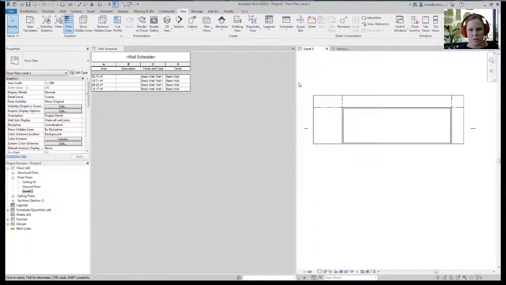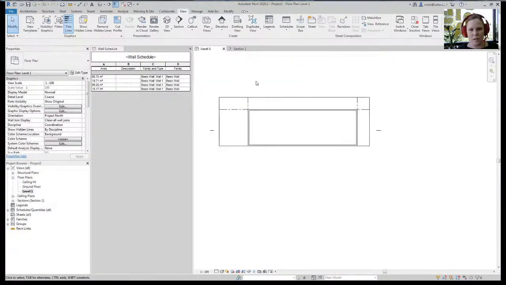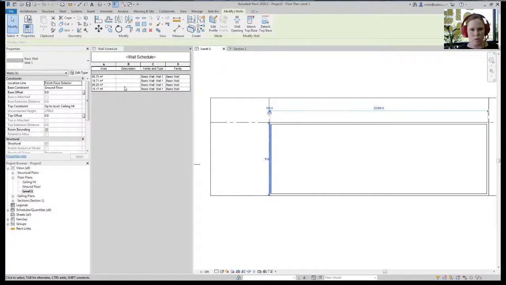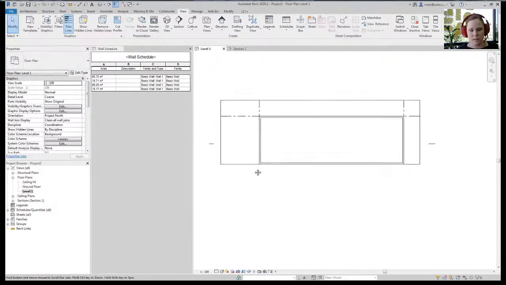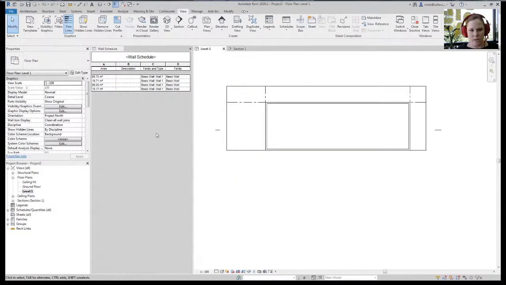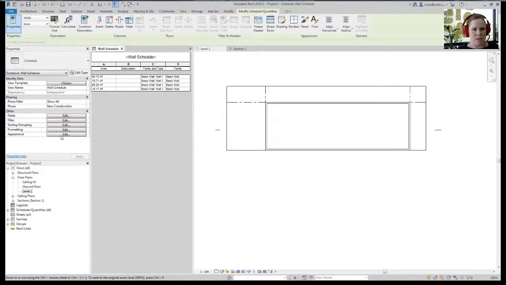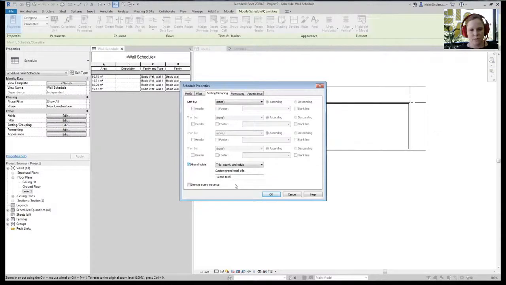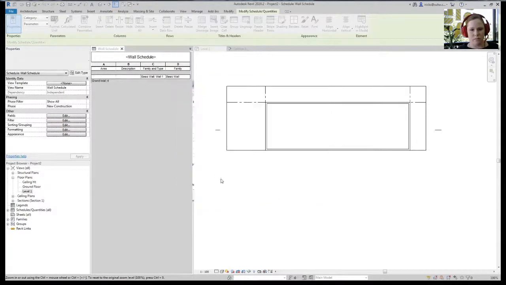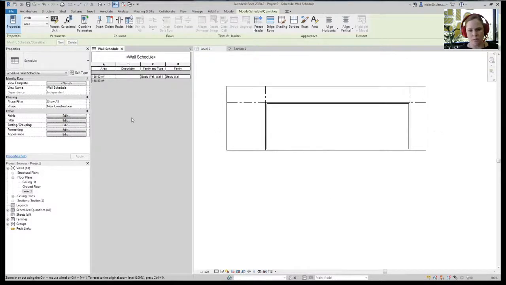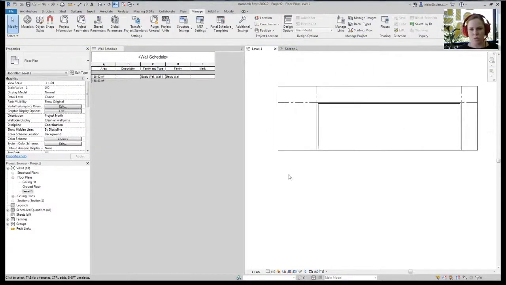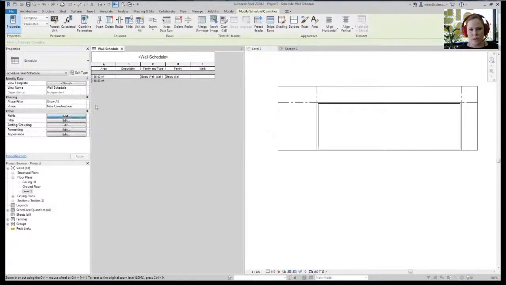What I'm actually going to show you is a very quick and easy way of working out what walls face what direction and how many square meterage of walls there are. So you can see every time I end up updating these walls that those values in the area column will actually change. So I'm going to start grouping in this table here. So as I add a new property to one of those walls, in which case in this instance it will end up being the orientation, it'll actually reflect in this wall schedule. And you'll see how easy this is to get a